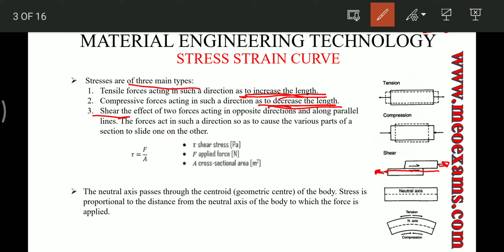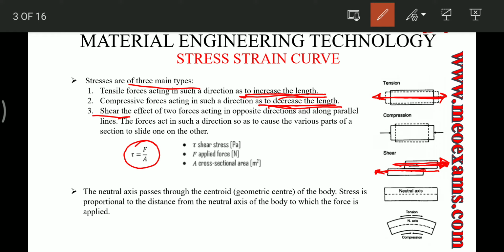The formula is still the same, force per unit area, but the axis, as you can see, for the tensile, the forces are acting opposite to each other, but they are acting along the same line. But over here they are acting parallelly. Okay friends, they are not acting along the same line, so that is why they are called shear forces.